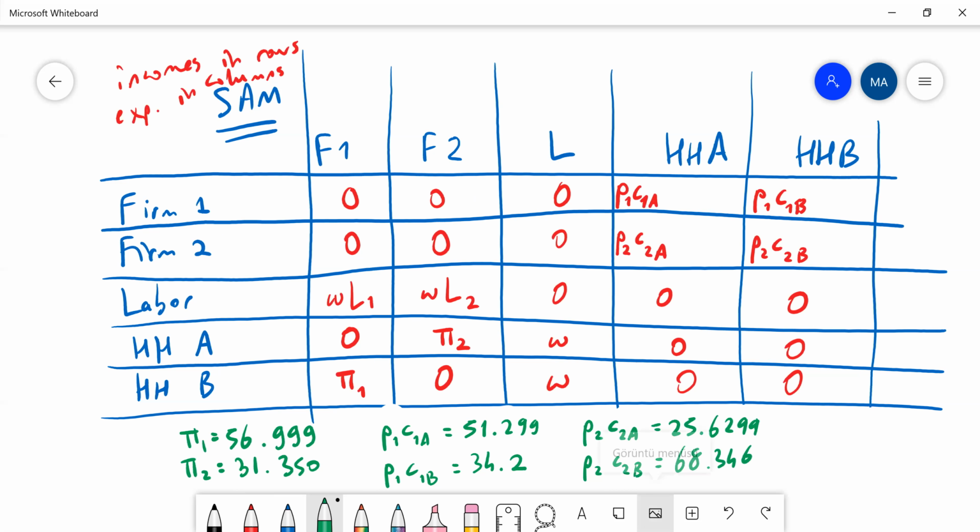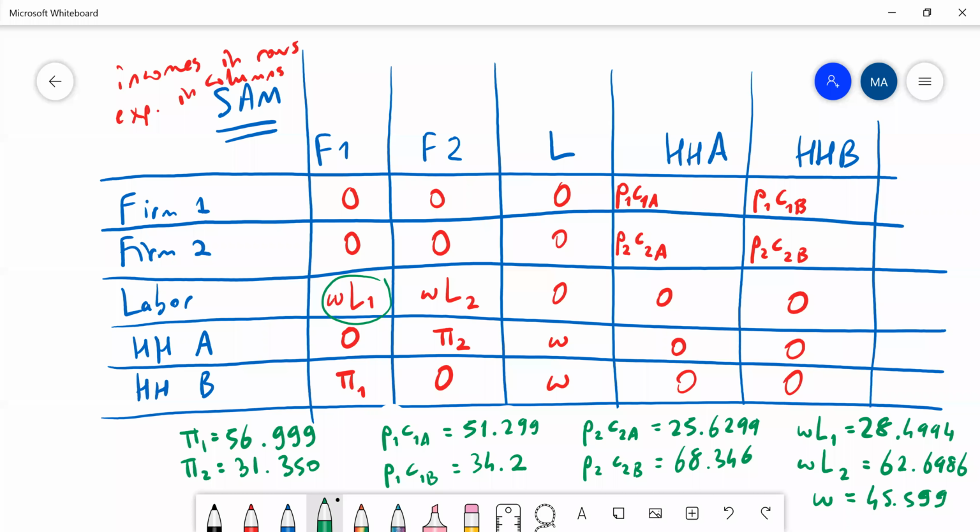WL1, which is here, right? WL1 is 28 point something. WL2 is 62.6986. And finally, W is equal to 45.599. Okay? So this is the entire SAM,